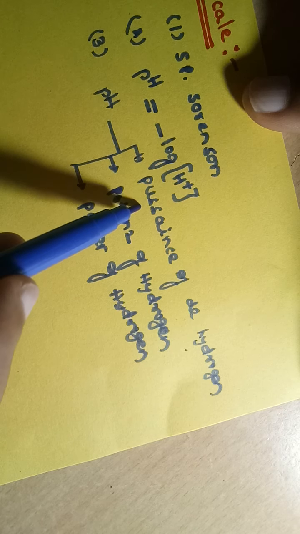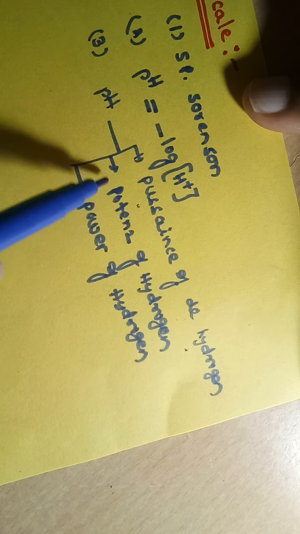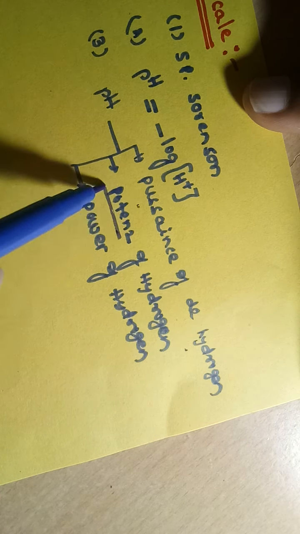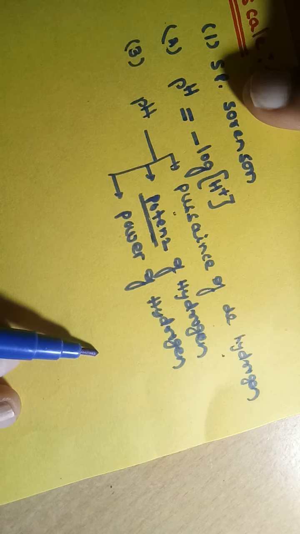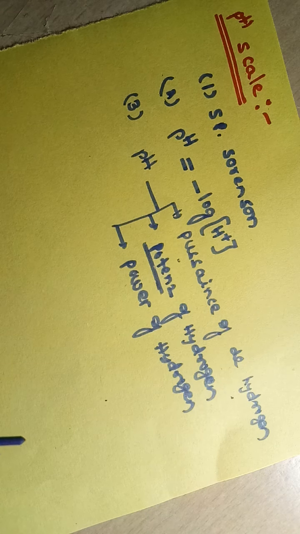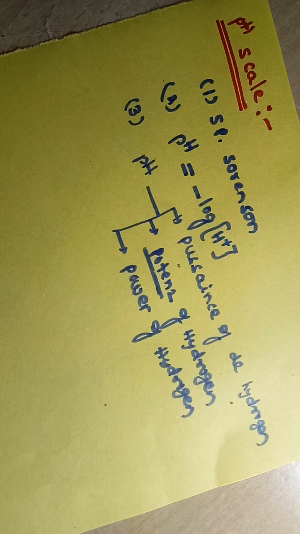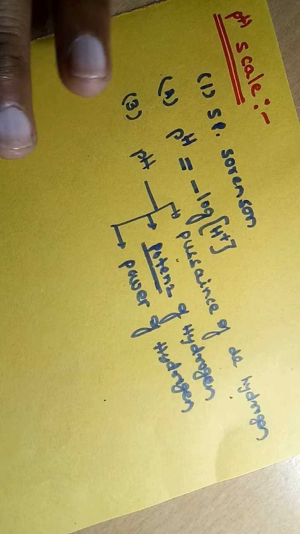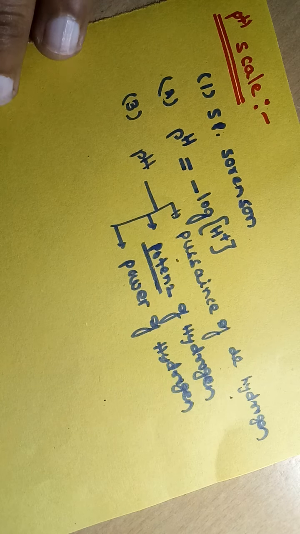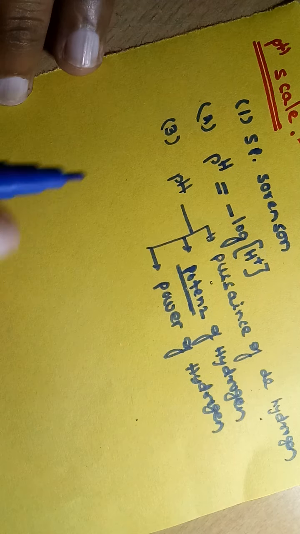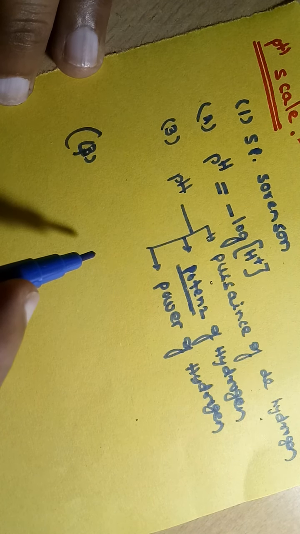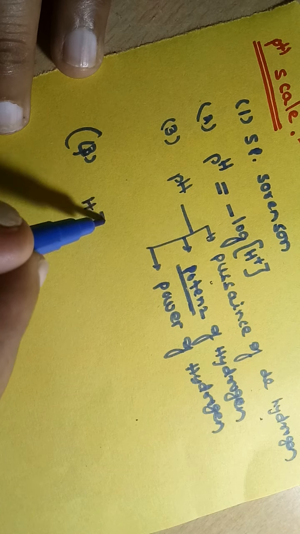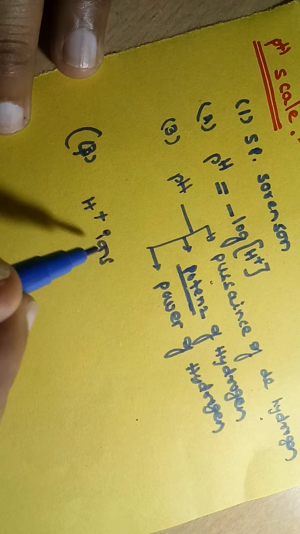In German it is called potenz, and in English potenz means power of hydrogen. That means it tells how much concentration of H plus ions is released by taking 1 mole of substance. So the pH scale is used to represent the concentration of